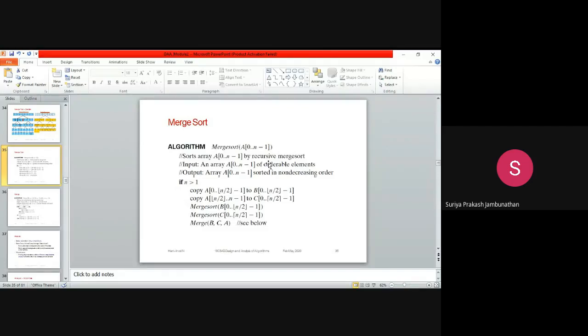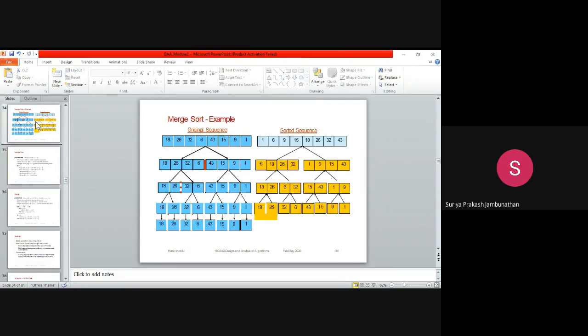Now, let's see the input and output for this algorithm. What is the input of the algorithm? An array A of 0 to n minus 1 of orderable elements. So we have an array in sequential form, with the orderable elements in particular array positions. Here you can see the input: 10, 26, 32, 6, 43, 15, 9 and 1. This is the sequence of the array.